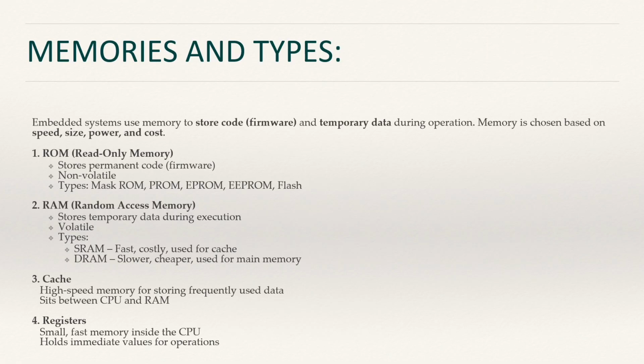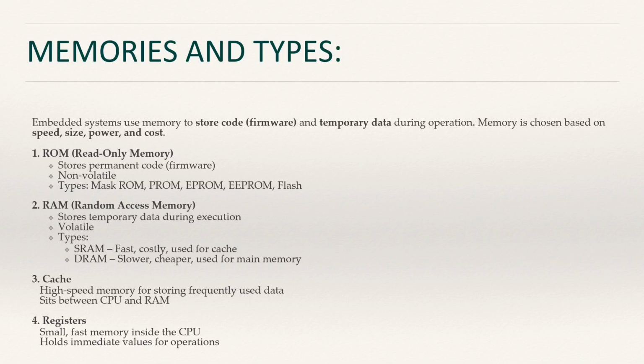Memories and their types. Embedded systems use memory to store code and temporary data during operation. Memory is chosen based on speed, size, power and cost. ROM, read-only memory, stores permanent code and is non-volatile. Types of ROM: mask ROM, PROM, EPROM, EEPROM, flash. RAM, random access memory, stores temporary data during execution